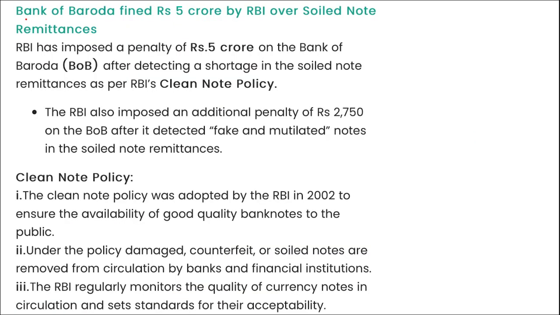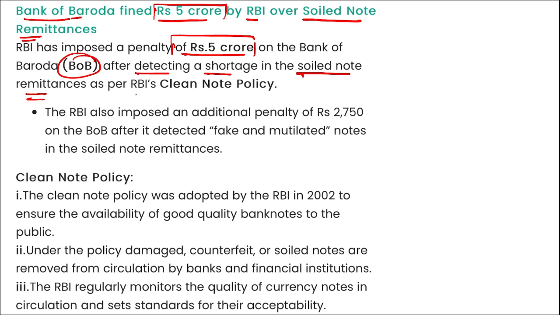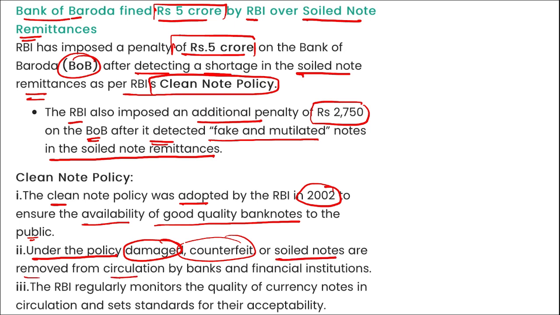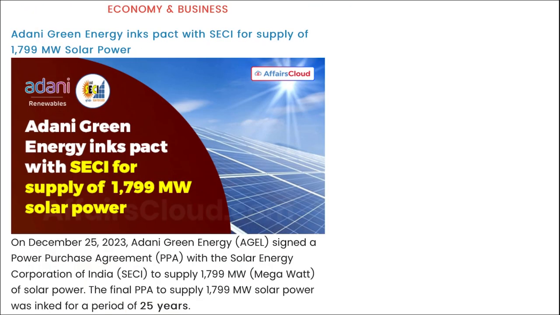Then apart from this, remember, Bank of Baroda has been fined 5 crore rupees by RBI over soiled note remittances. I repeat, RBI has imposed a penalty of 5 crore rupees on the Bank of Baroda after detecting a shortage in their soiled note remittances as per the RBI's clean note policy. RBI also imposed an additional penalty of 2,750 rupees on the Bank of Baroda after it detected fake and mutilated notes in their soiled note remittances. Apart from this, the clean note policy was adopted by RBI in 2002 to ensure the availability of good quality banknotes to the public. Under the policy, damaged, counterfeit or soiled notes are removed from circulation by the banks and financial institutions, and RBI regularly monitors the quality of currency notes in circulation and sets standards for their acceptability. Next,